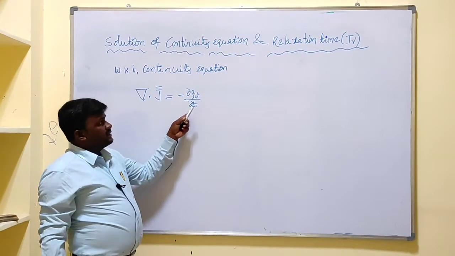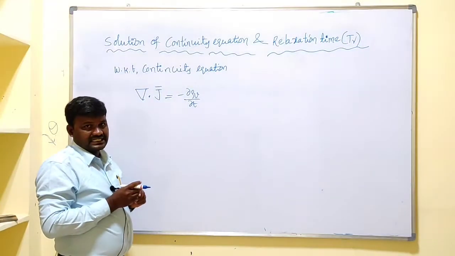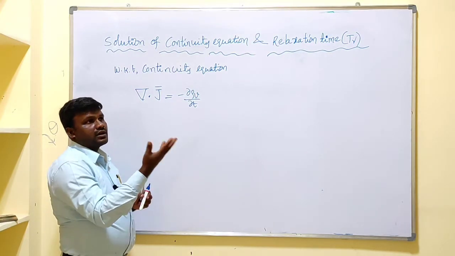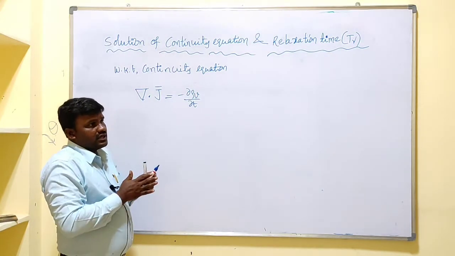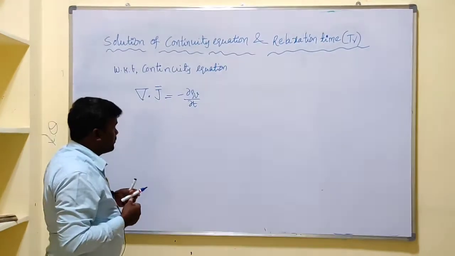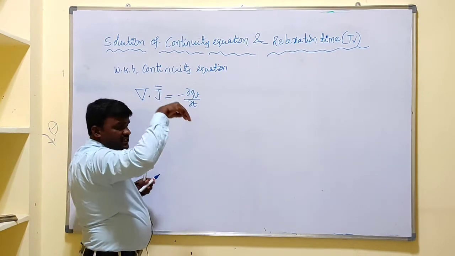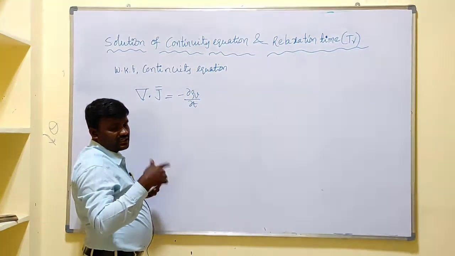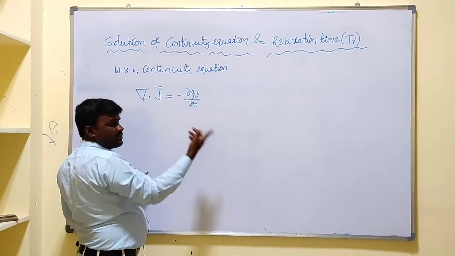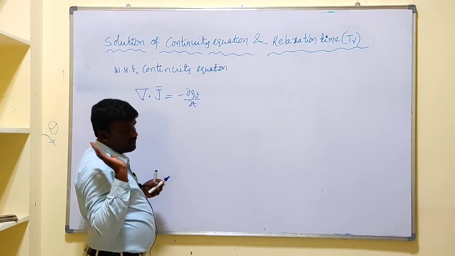Basically, this continuity equation is derived from the rate of decrease of charge. If the charge is placed in the interior part of the material, then there is a possibility of a decrement of that charge because of the spreading effect of the charge. If charge is decreased, charge density is also decreased with respect to time. So we need to find the variation of rho v with respect to time, that is, the equation for rho v.